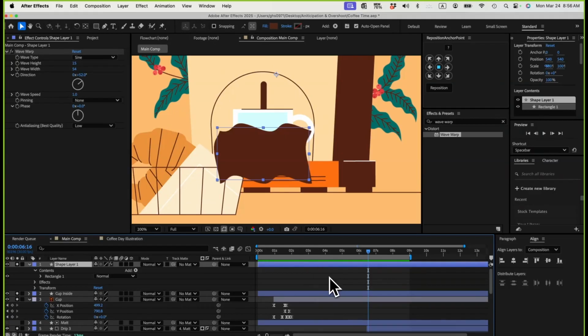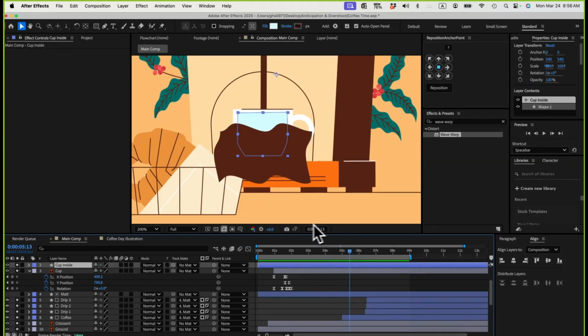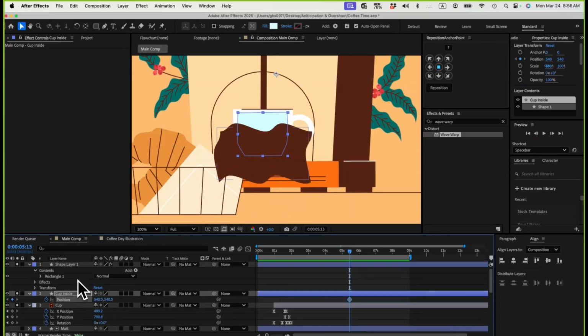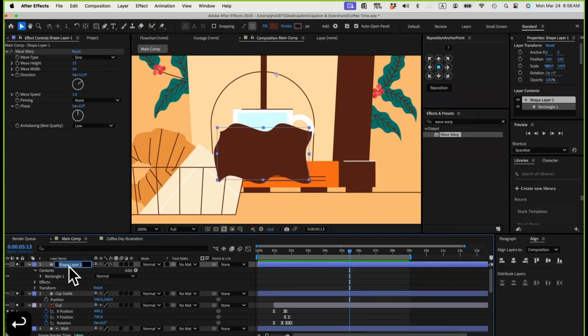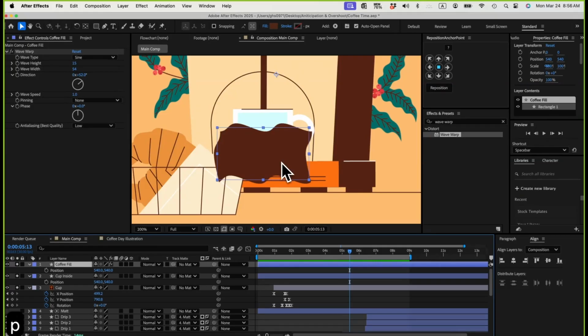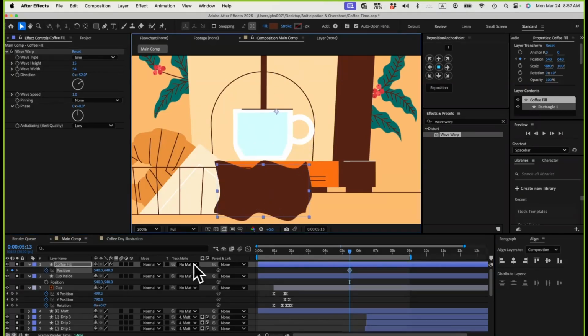So let me go to the point where my liquid is coming down around here. At this point, I want this shape to move up. So hit P for the position. I'll first move, sorry, not the cup inside. This is going to be the coffee fill. So we'll have the coffee, hit P on the keyboard for the position, and then we'll have it down there. And then maybe